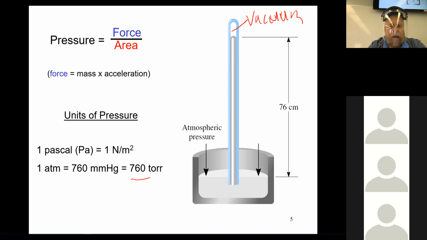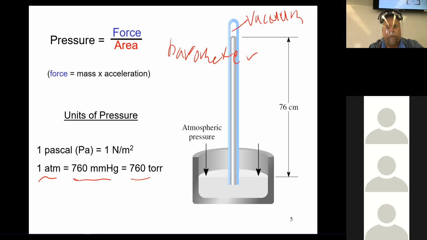And that's the nature of this little device, and this is called a barometer. This is the simplest barometer that can be formed, having mercury in this and then have it like that. It was easily also done years ago with water first before they used mercury. Mercury was easier because it was a much smaller column. 76 centimeters is relatively short compared to inches of water. Yes. Usually 760 torr, millimeters of mercury, or atmospheres for the unit.